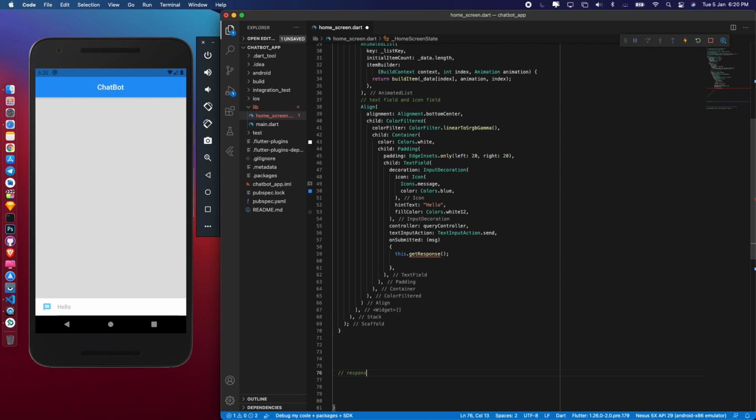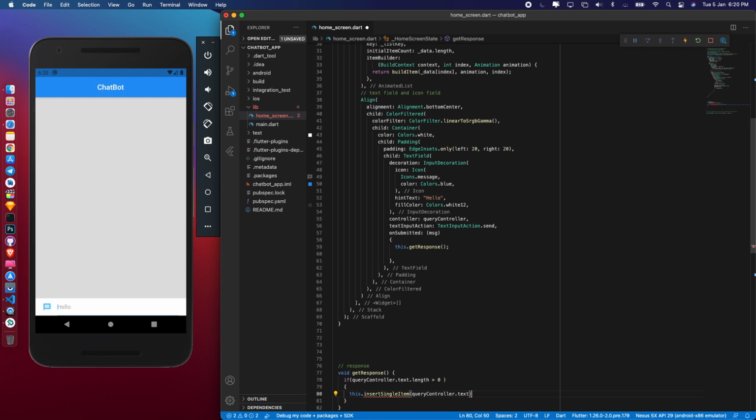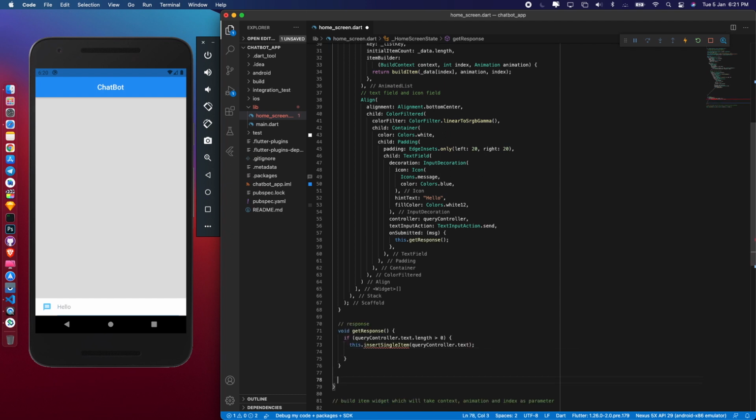So we'll create a void getResponse, and what we need is if query controller text length is greater than 0, that is, we'll be checking whether the text which user entered is greater than 0, then what we need to do is this.insertSingleItem. This would be a new function called insertSingleItem, in which we'll be entering that single item which the user pressed to our query. So for now, let me create a new function called insertSingleItem.